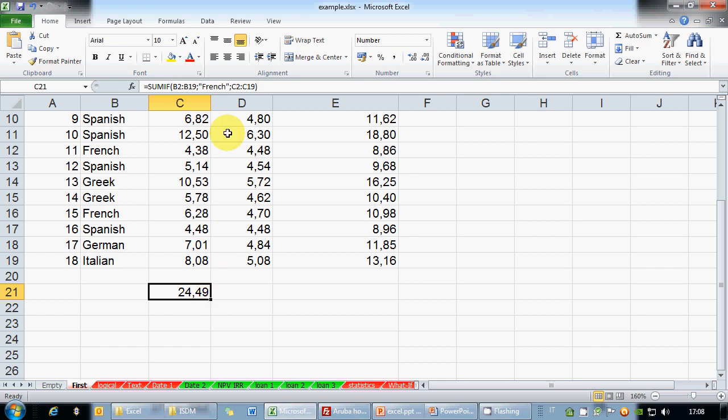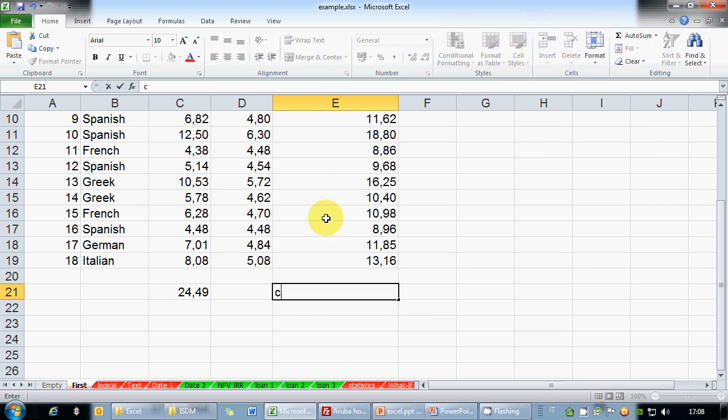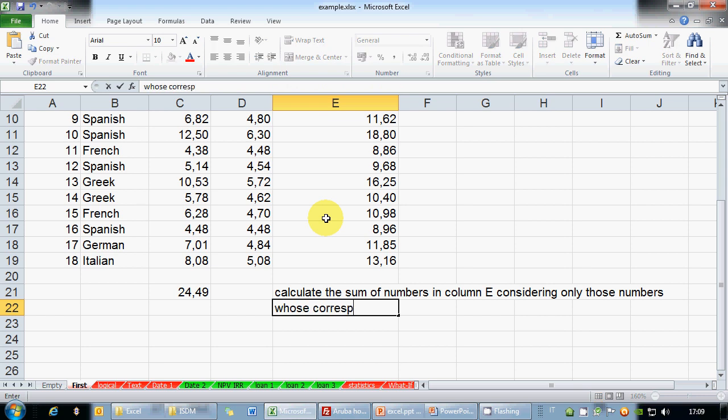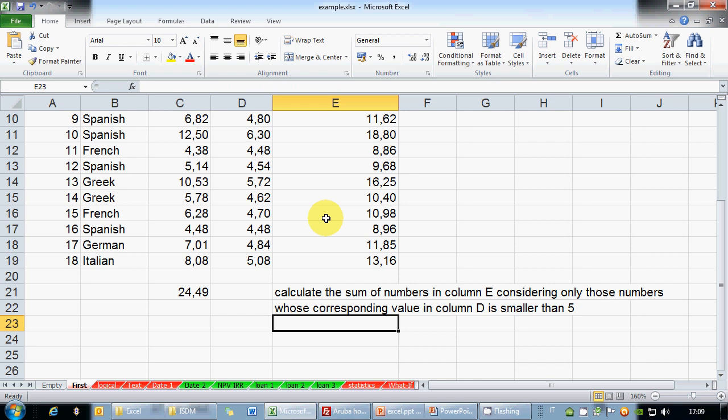Okay, let's make another example. Calculate the sum of numbers in column E, considering only those numbers whose corresponding number in column D is smaller than 5. So calculate the sum of numbers in column E, considering only those numbers whose corresponding value in column D is smaller than 5. Okay, let's do it. SUMIF